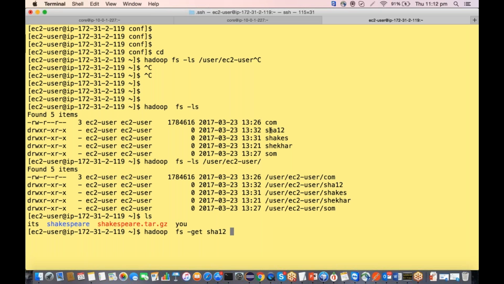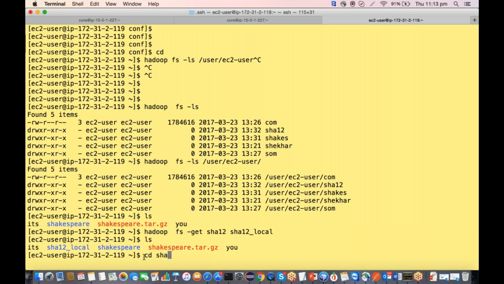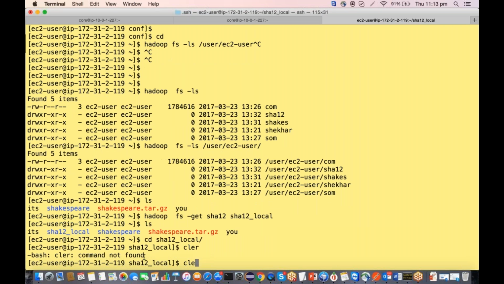sha12, that's my source, because get operation is nothing but from the source you have to get it to the destination. And on local, I want to get onto my local file system itself on the current location, so I am not going to provide any path. I say sha12_local to identify. When I do an ls, it should show me sha12_local. And now I can go there, sha12_local, and